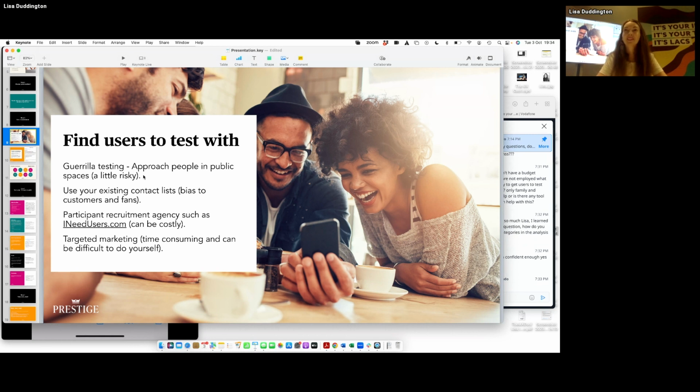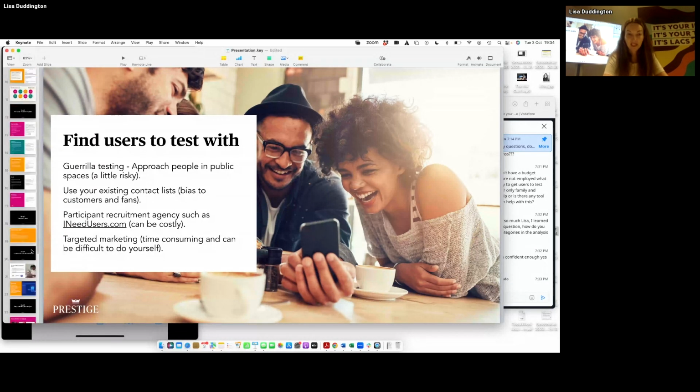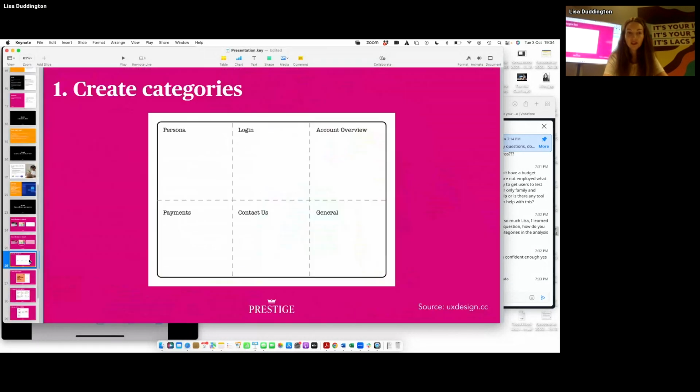I learned a lot. I have a question. How do you define the categories in the analysis phase? How do you define? Oh yeah, so the categories in this process, they're just defined from what you're testing within